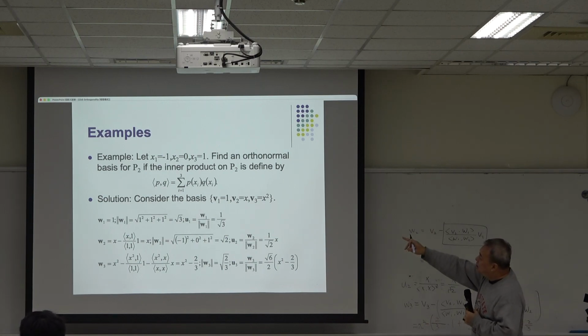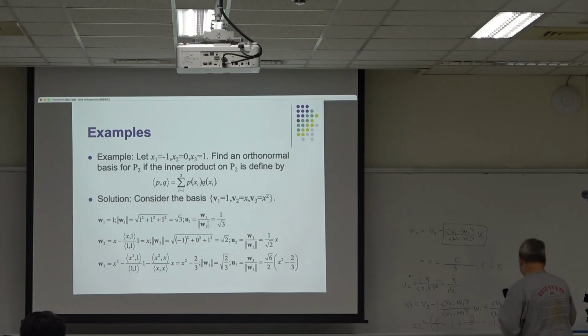If x is negative 1, it's going to be 1 minus 1 over 3, so it's 2 over 3. It's going to be 1 over 3. Then the second one is 0 minus 0. This one squared plus